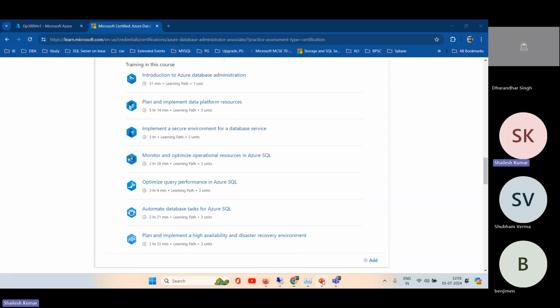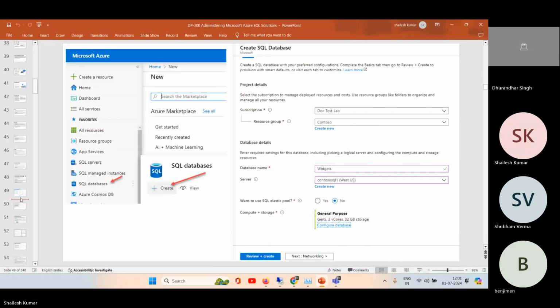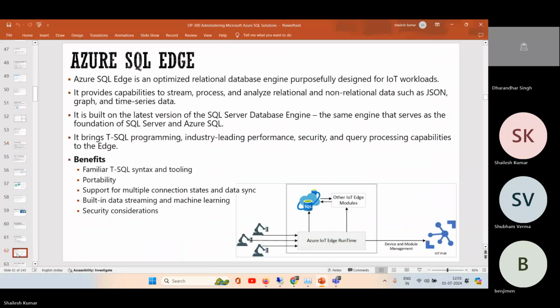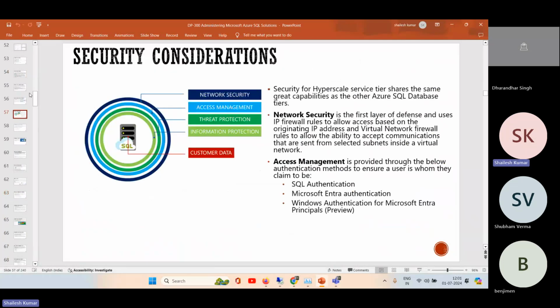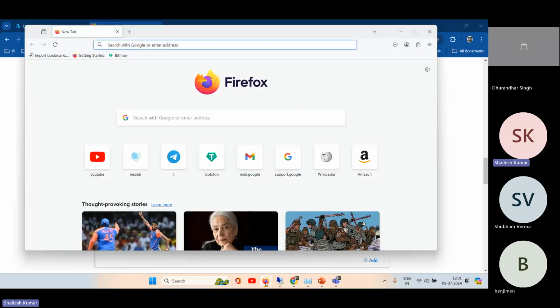And then we have our database roles and all. We have done this creation of VM, okay.